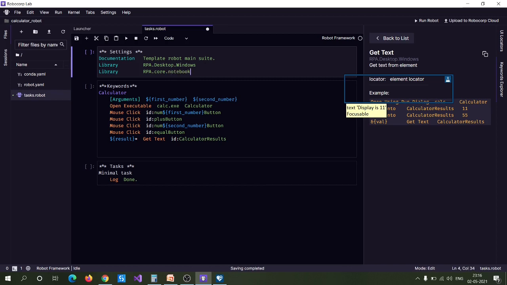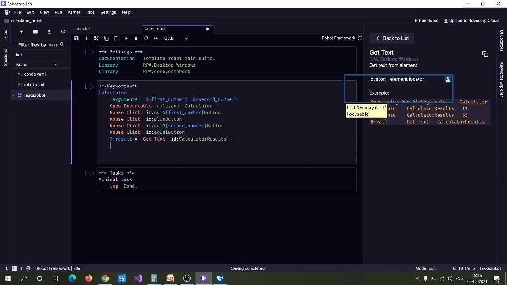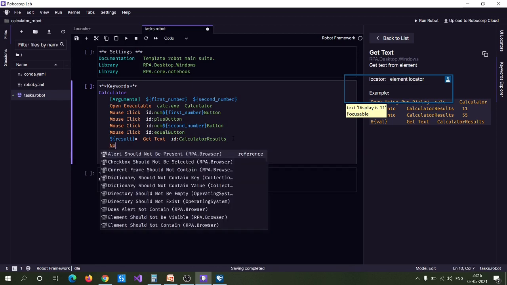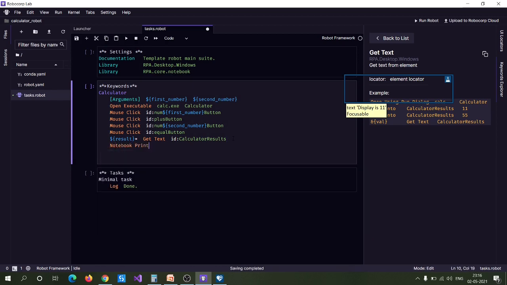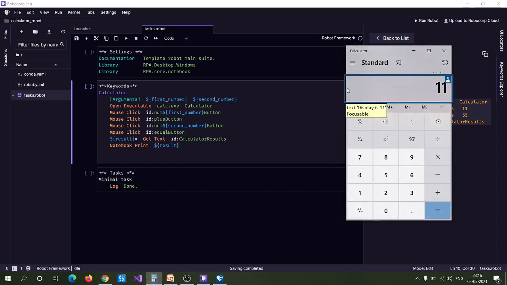Now we have to print the data using notebook print. Use result.